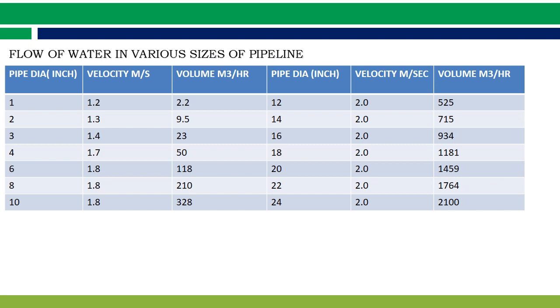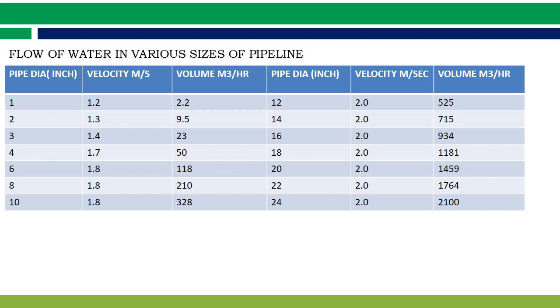If pipeline dia is 2 inches, the velocity will be 1.3 meter per second, volume will be 9.5 cubic meter per hour. If pipeline dia is 3 inches, velocity will come 1.4 meter per second, volume cubic meter per hour will be